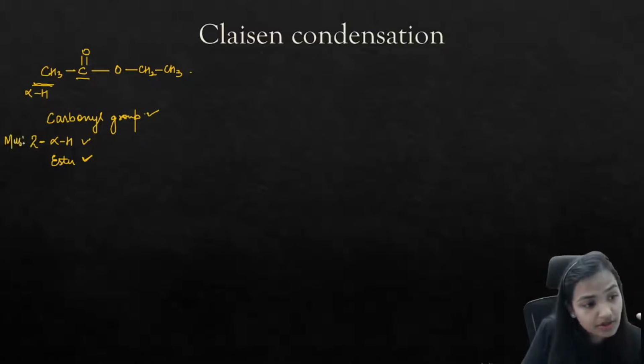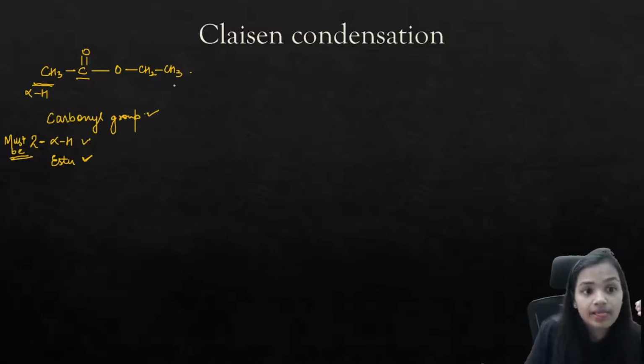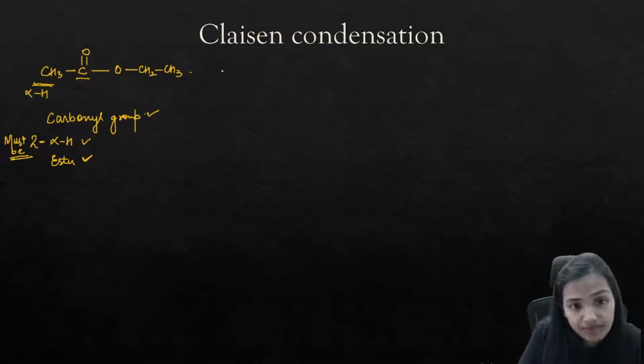Must be a presence of 2 alpha hydrogens. These are the necessary conditions for this Claisen condensation reaction. So when you have this as a molecule, and if you treat it in the presence of a base, any kind of base you can take, let's say you have taken EtONa, so ultimately it is also a base,